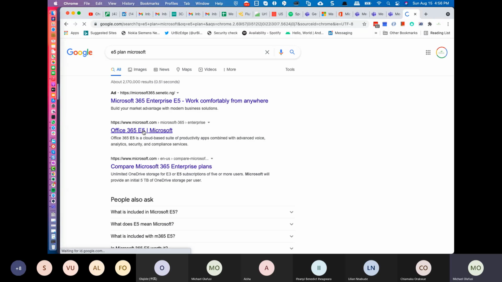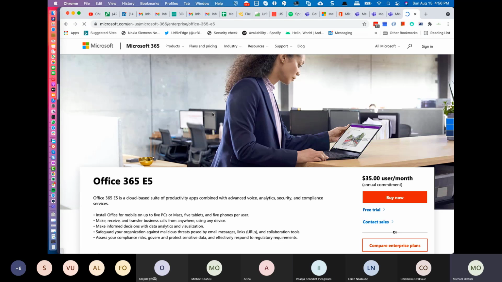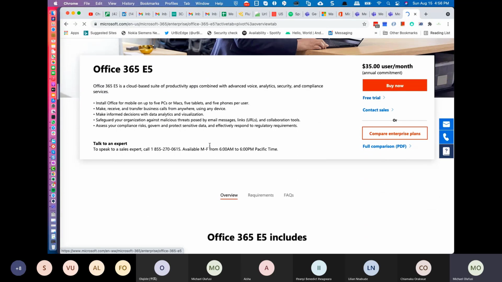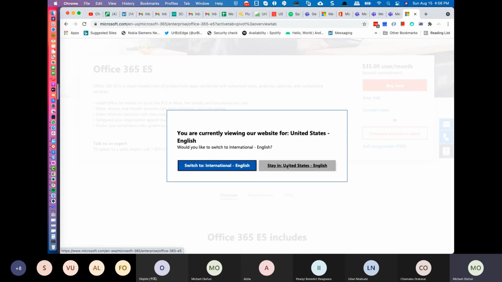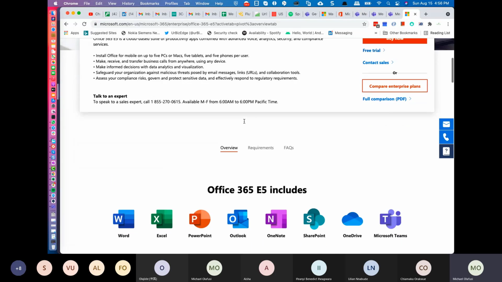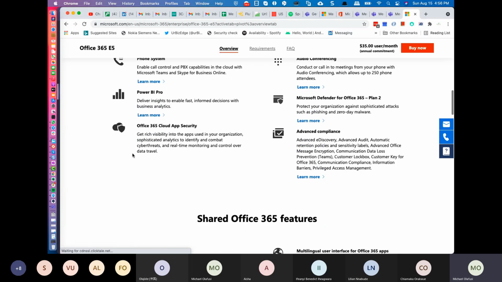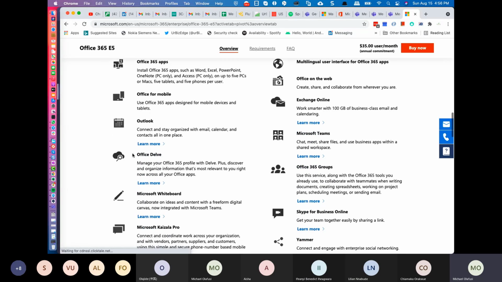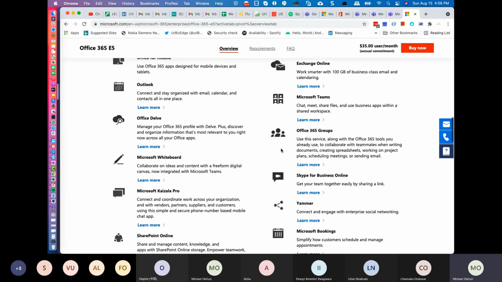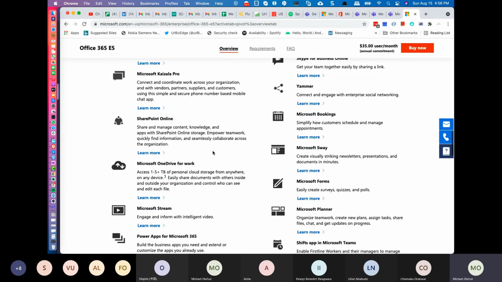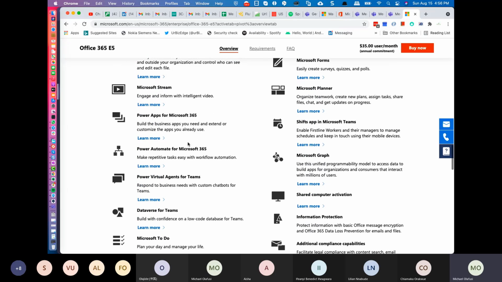Some companies don't even have it for their staff because it's a very expensive plan. Most companies just do E3 plan. So before now, those that joined, because we announced this last year, they got this license where they're able to access the high-end version of everything, inclusive of, as you can see, all of what you're looking at, even Teams, which is the main thing that the license is hooked up to, but Power Apps,